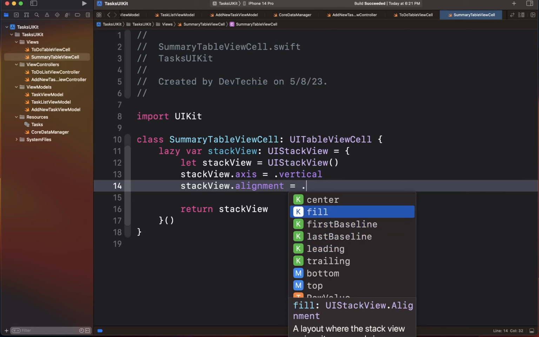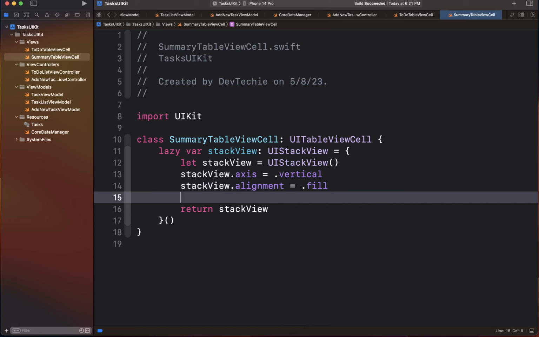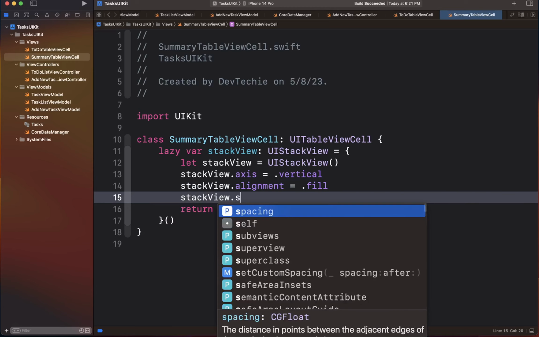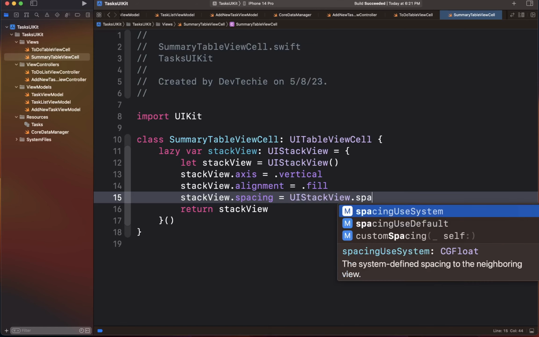We want to fill the entire stack, so we're going to simply select fill. Now we're going to add some spacing, and we're going to use UIStackView's spacing using system. So the UIStackView will determine, based on the system on which it has been displayed,